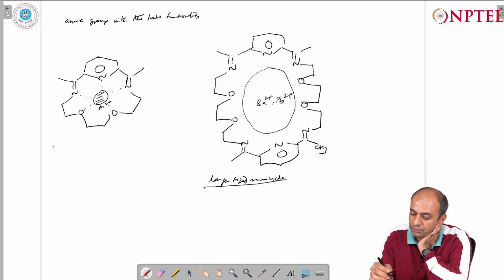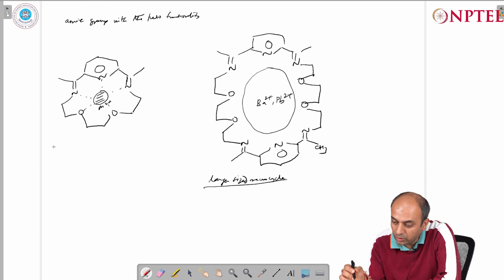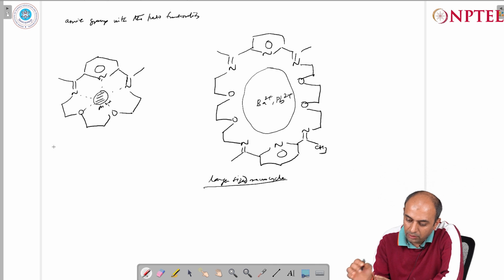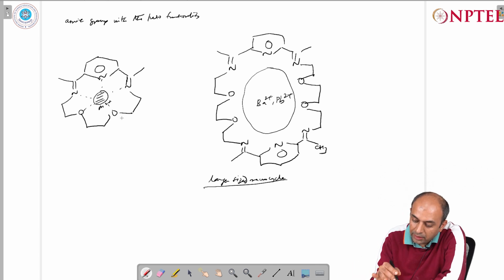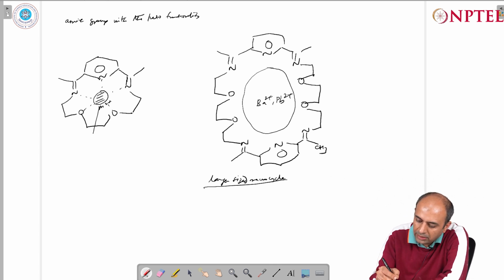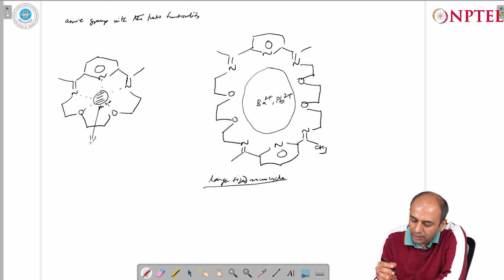So, this again demonstrates the operation of the thermodynamic template effect, and the size of the ligand which is being formed again depends upon the size of the metal cation which templates the formation of these kinds of final ligands. The next part here, in this particular process, is whether we can effectively remove the metal cation from the macrocycle and free it, and this can be done by adding ligands